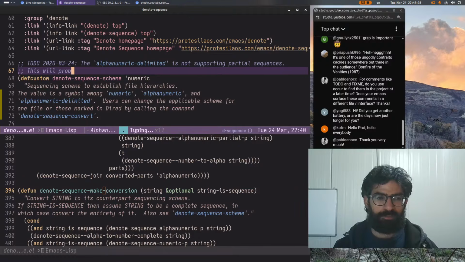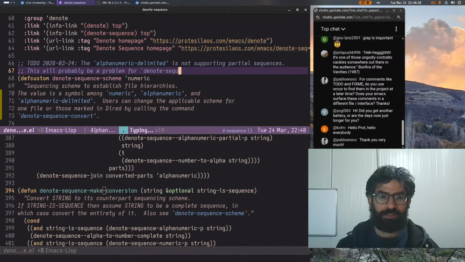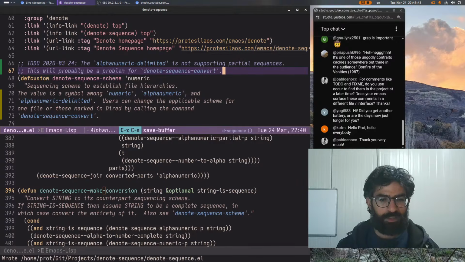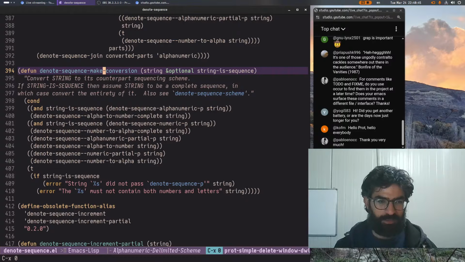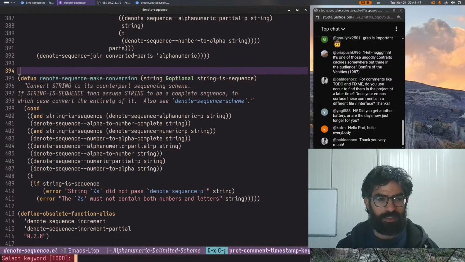This will probably be a problem for denote sequence convert. Okay, so I know that. And then let's do here add support for the